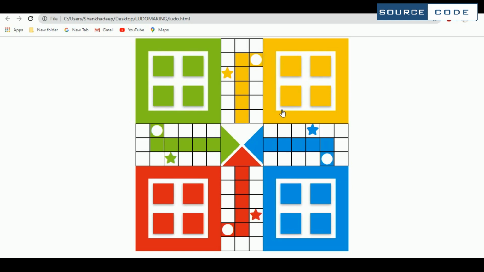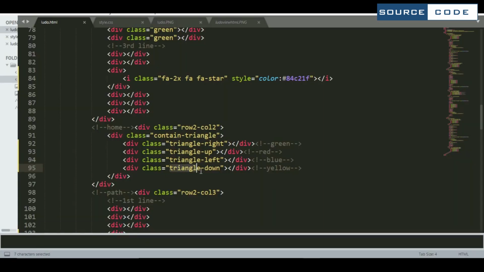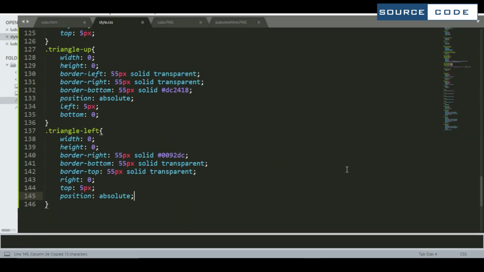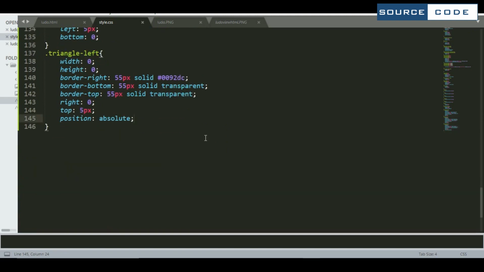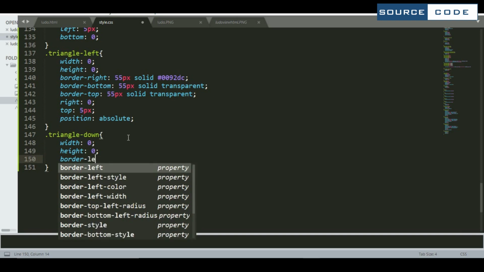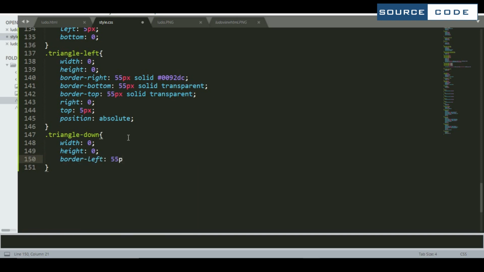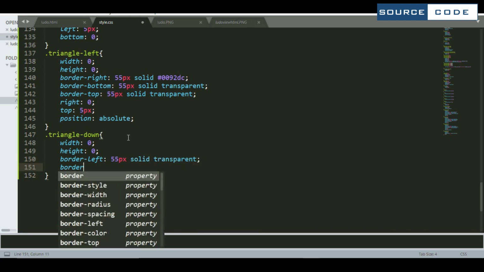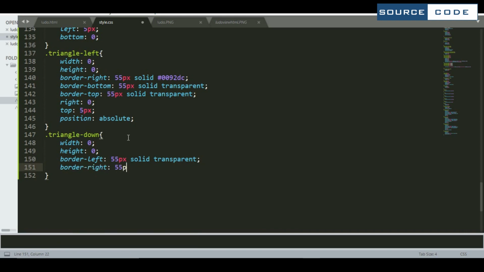So now we are going to design for the yellow part. Copy this one. Now come to the CSS part once again. I'm going to design for the yellow one. So make the width to 0. Take the height also to 0. Now make the border left here. So it will be 55 pixel, solid transparent. For border right, 55 pixel, solid transparent.